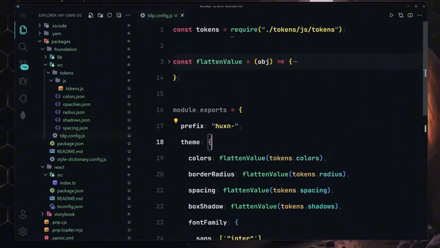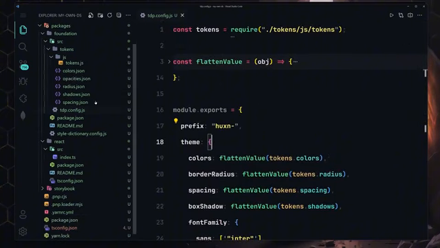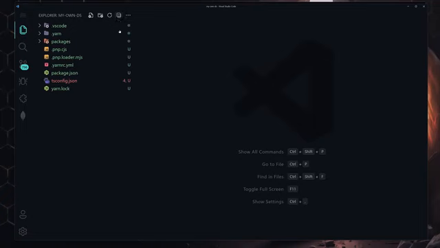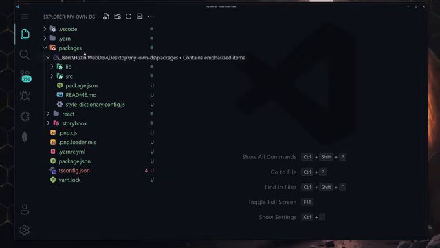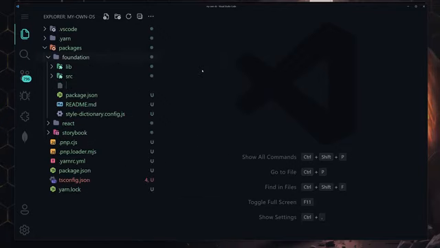Okay, so now we have to build this foundation package so that we can consume it in other packages. So I'm going to close there. I'm going to collapse every single thing. I'm going to go into the packages folder, then the foundation. And here we are going to be adding, first of all, our tsconfig for our TypeScript. So I'll just create a new file with the name of